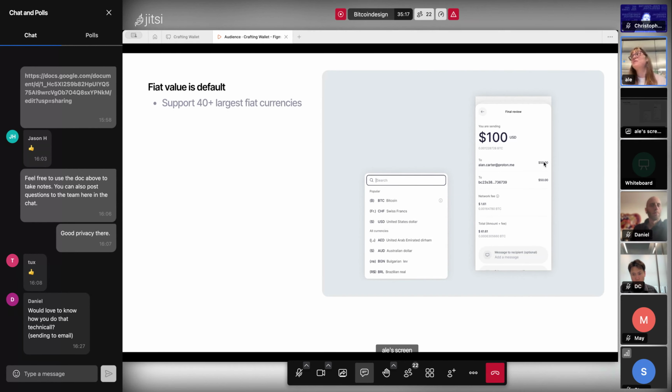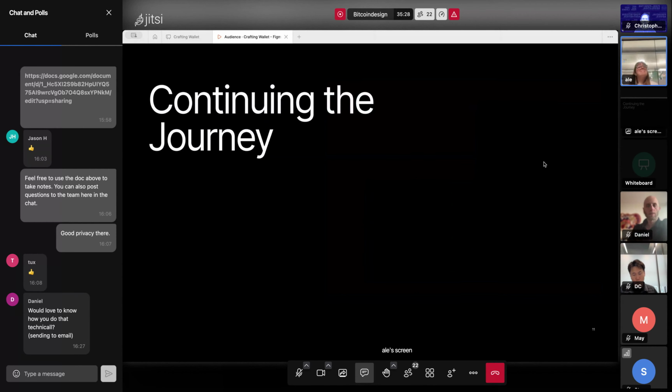For us, it's really important. It's a way to keep it transparent and simplify the sending flow. That's how we address these main challenges,